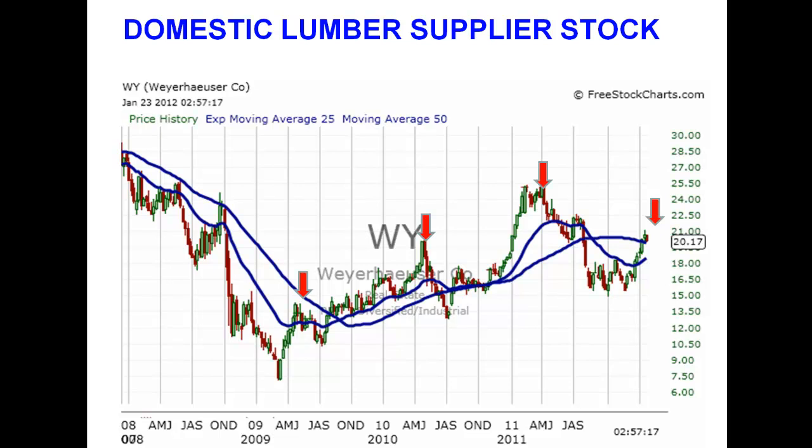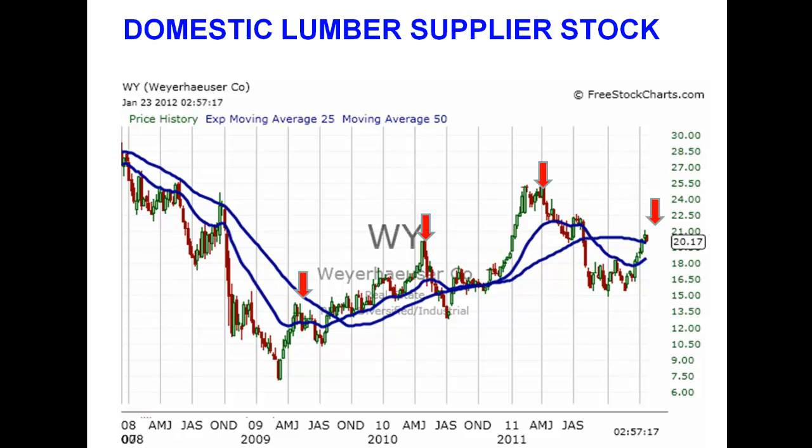the U.S. So we talked earlier about seasonality and how that comes into play and how that affects housing stocks, how that plays into the stock prices of all these companies. So I've gone back and looked at a couple different years. Here's a domestic lumber supplier, Weyerhaeuser. Of course, they have a home construction business, but we'll just be talking to the lumber aspects of that today.